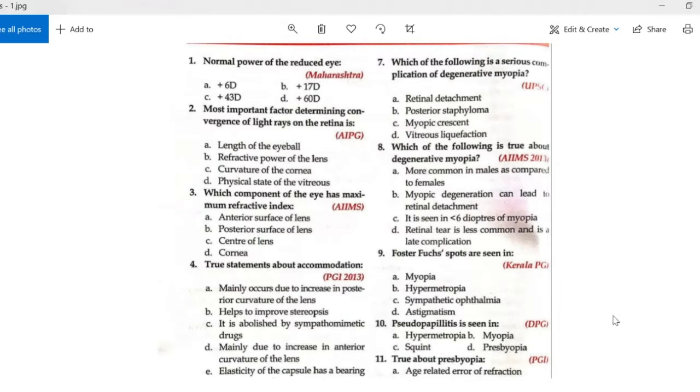Okay. Pseudopapillitis is seen in hyperopia, myopia, squint, or presbyopia. Hypermetropia. Yes, hypermetropia. Here in hypermetropia, especially in cases when you have high hyperopia. What does high hyperopia mean? Hyperopia more than 5 diopters. When you have hyperopia